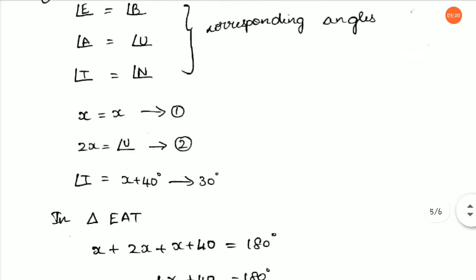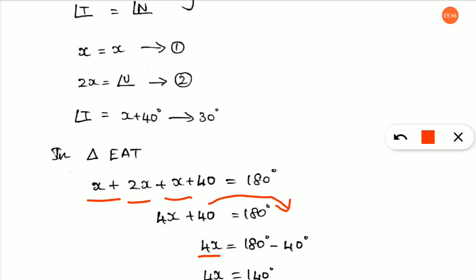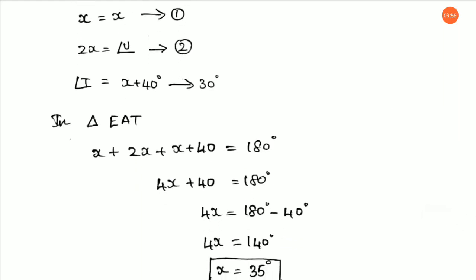Let us do that. Now, X plus 2X plus X, that is X, 2X and X. All are like terms, so we can add them. So 2 plus 1 will give us 3, and 3 plus 1, 4X. Okay, 4X plus 40 is equal to 180. And then I am going to keep the 4X alone here and bring this 40 to the other side. So this plus, when it moves to the other side, becomes minus 40. So 180 minus 40 is 140, and then 4X is equal to 140.